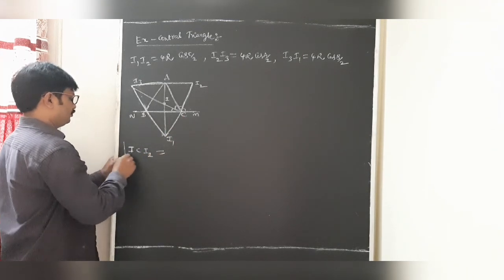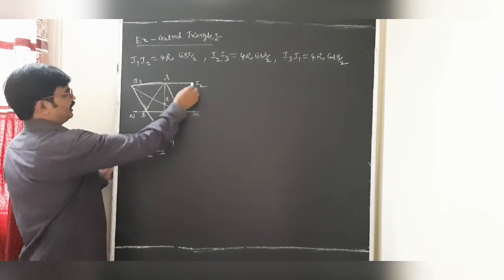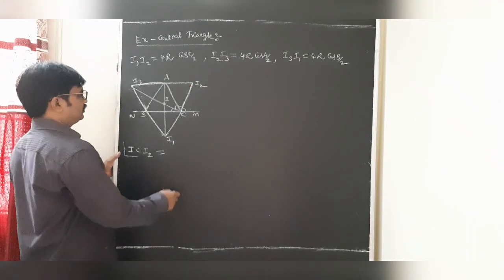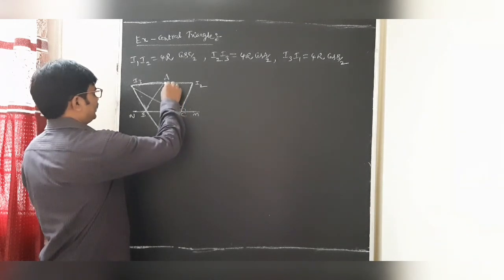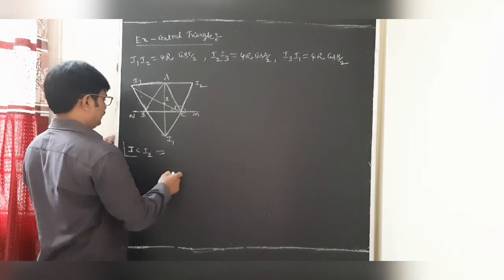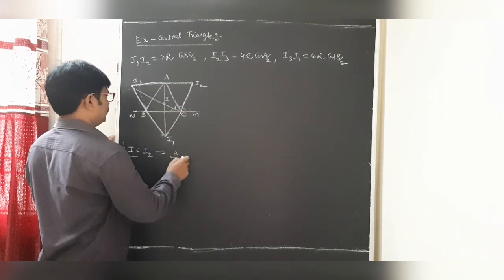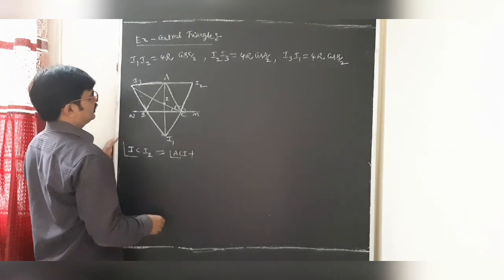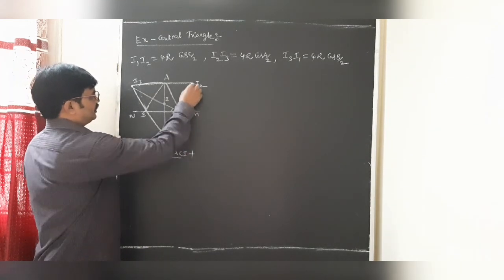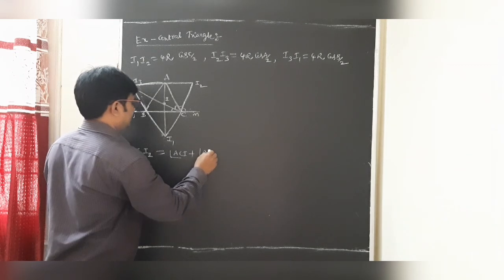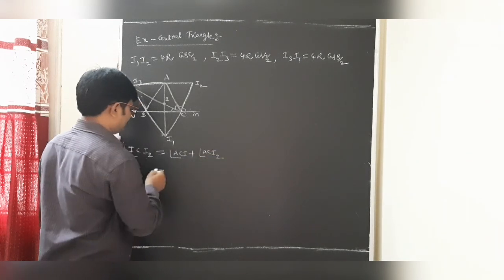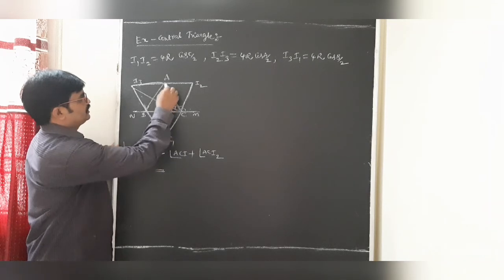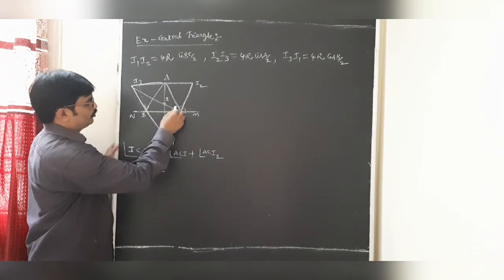So first we find the angle CI2C. Students, we can observe this is the sum of two angles: angle ACI plus angle ACI2. My dear students, observe here, this ACI means C by 2.